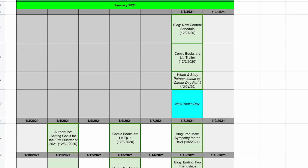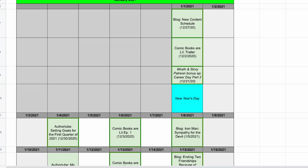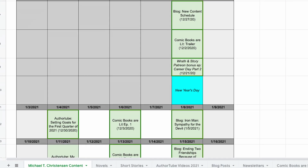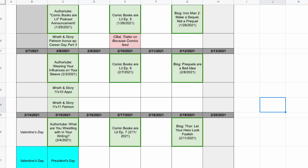If something is completed, it turns green. If it's completed early, if it's not completed on the day it needs to launch or go up, it gets a green border, and I make a note on it of when it was completed. You'll see here that there are some podcast episodes that are red because I'm not able to